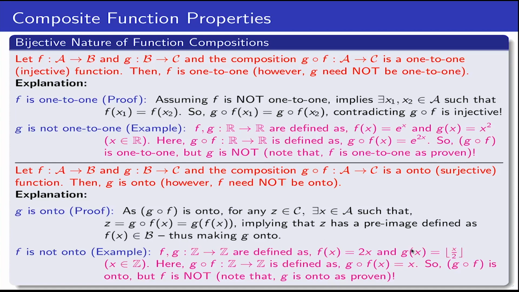This is onto. So it shows that, unlike the forward direction, that if f and g are both 1-to-1 and onto, then g∘f should be respectively 1-to-1 and onto. The backward direction says if g∘f is 1-to-1, then f is 1-to-1, g may not be, and if g∘f is onto, then g is onto, but f need not be. So with this,